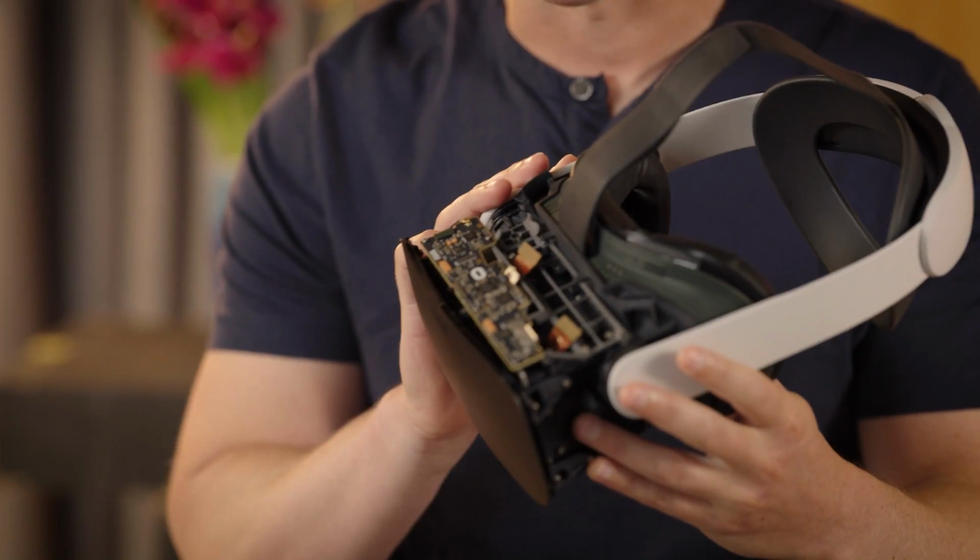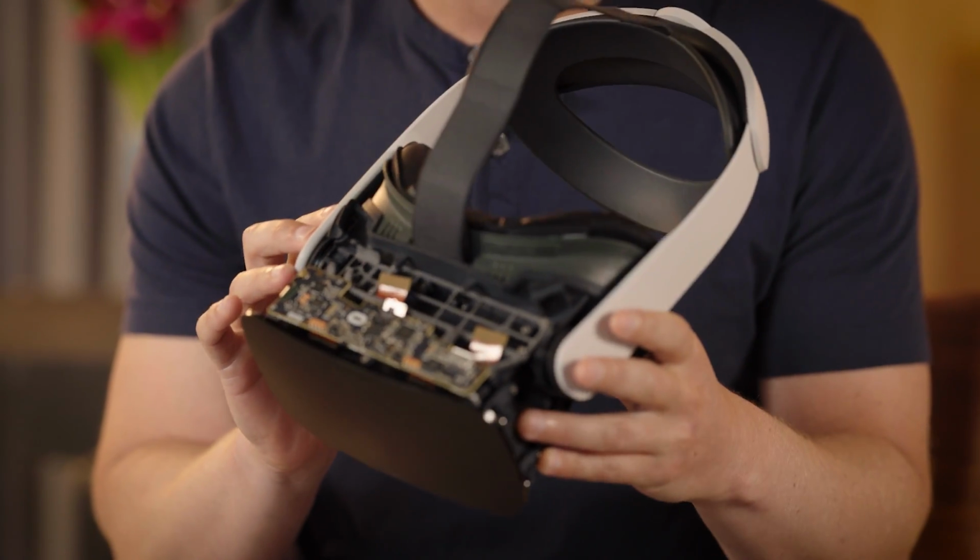Yeah, so this is the Butterscotch prototype. It's a different one. It's basically a modified